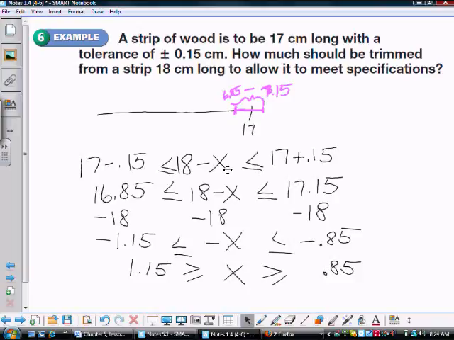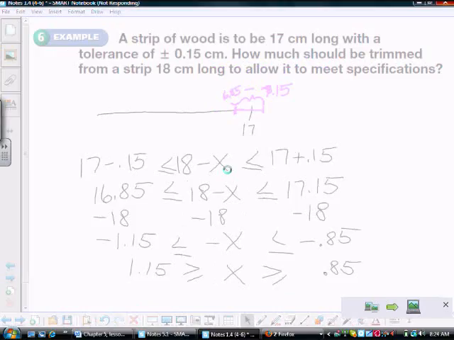Okay. All right. So the amount I need to trim is between 0.85 and 1.15 centimeters, and I don't know